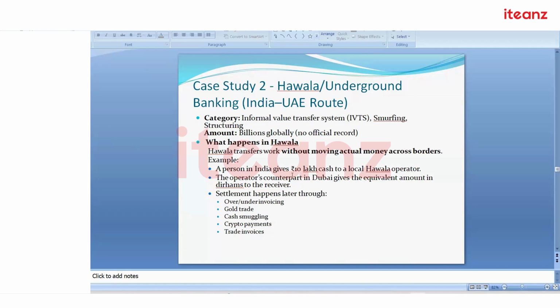So this is Hawala. What is a Hawala kind of case? It's a human network. They don't go via the banking route. They go via the human network route. I'm giving you one example. Maybe in many movies you have seen this. I don't remember which movie it was, but one person went to